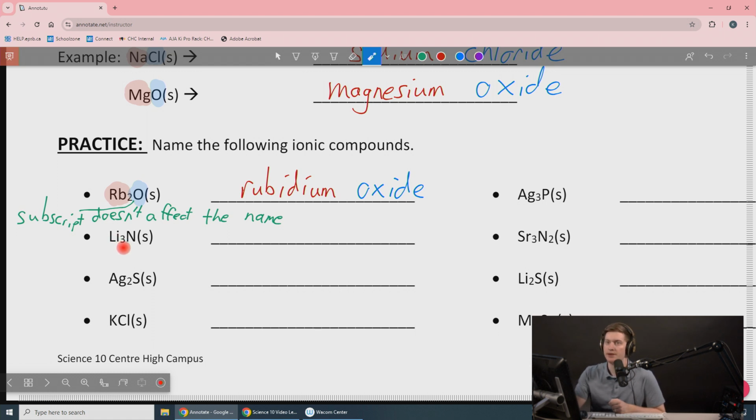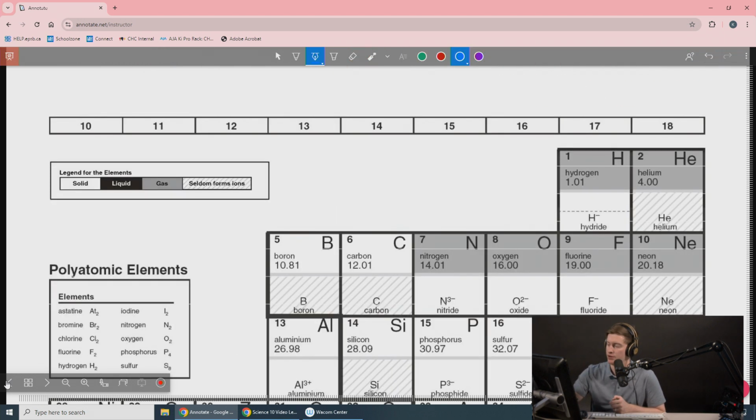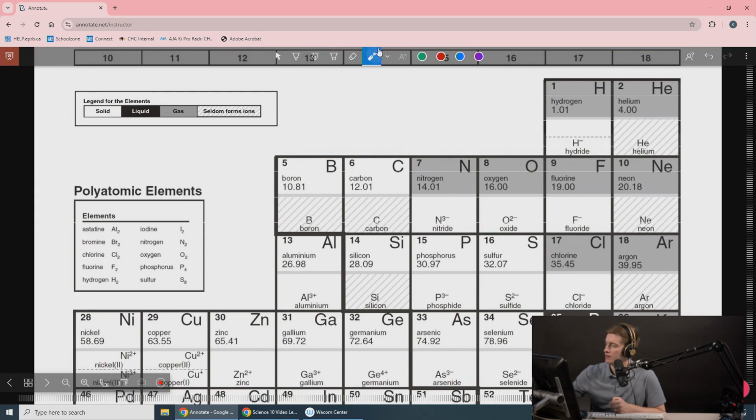The next one as well, we don't change the name for the little subscript here. So we're just going to find what Li is. On your periodic table, if you find Li, you'll find that's lithium. And if you find N, that's nitrogen. And if we look on our periodic table, when nitrogen becomes an anion, we change the ending to "ide," so